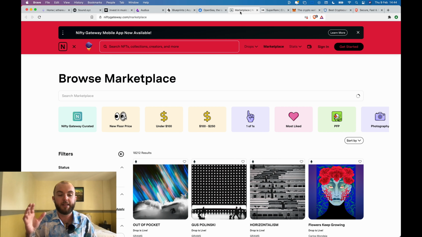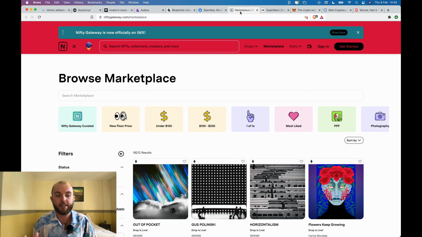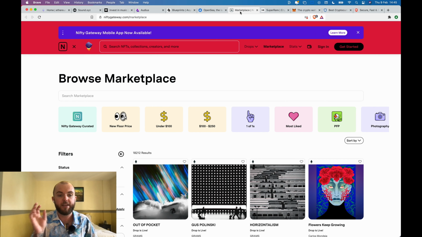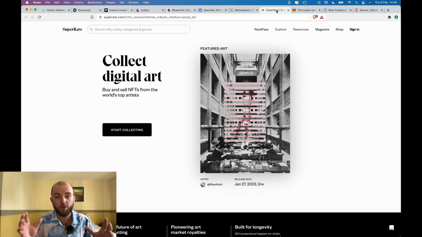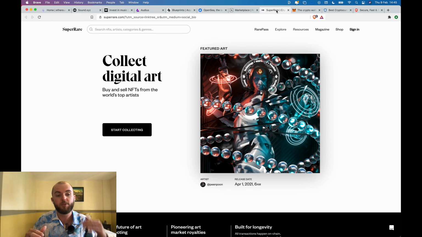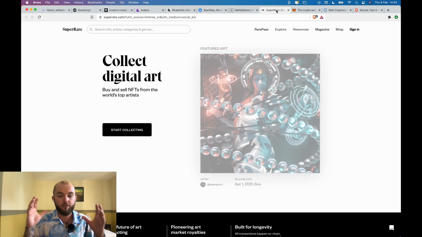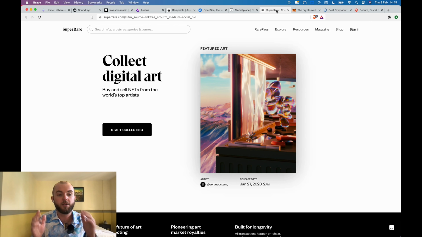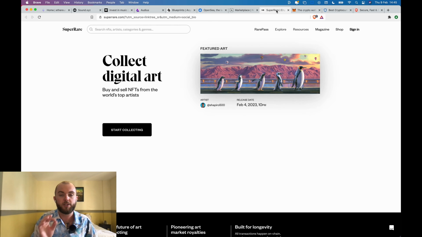Another large player in the space that does offer both JPEG and music NFTs is Nifty Gateway. Same idea, but different flavor to OpenSea. Same with SuperRare. It is more selective, trying to be the fine art of the crypto space, but does offer some music NFTs. Again, same idea, different flavor to OpenSea.